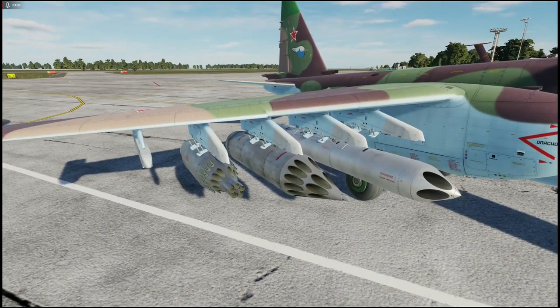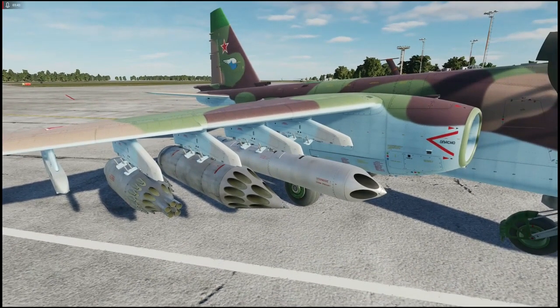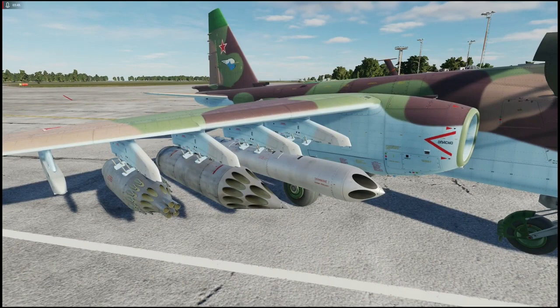So the S-8 is a super all-around weapon used to make holes in parked aircraft, hit parked aircraft and helicopters at airfields, radar sites, SAMs in position, infantry, soft-skinned vehicles, armored personnel carriers, infantry fighting vehicles, buildings, not bunkers. It is not that effective against bunkers. So against bunkers we have the next one in line, the S-13